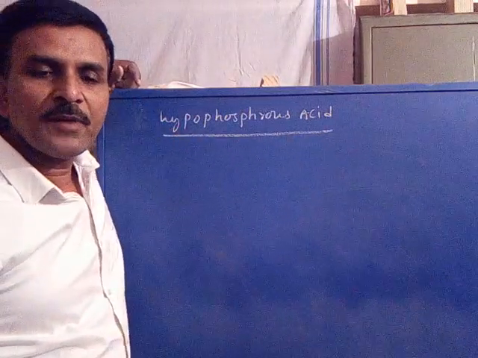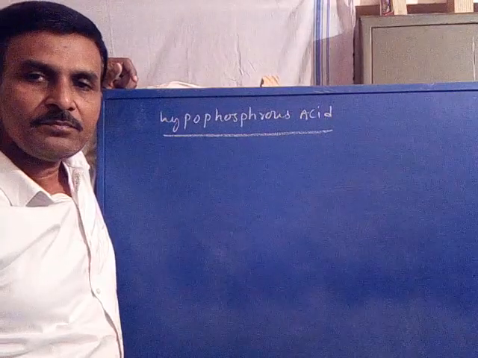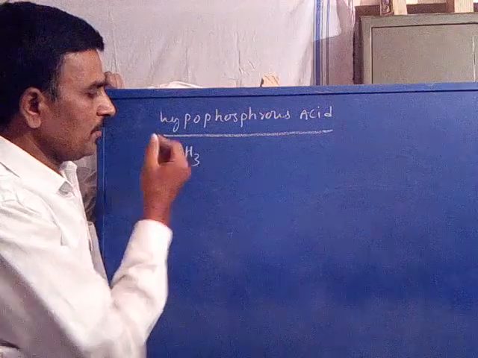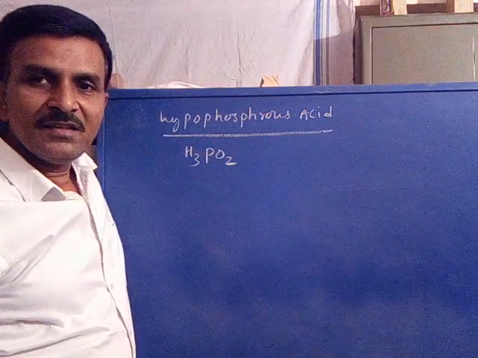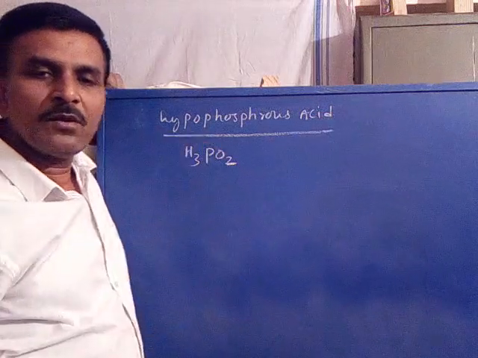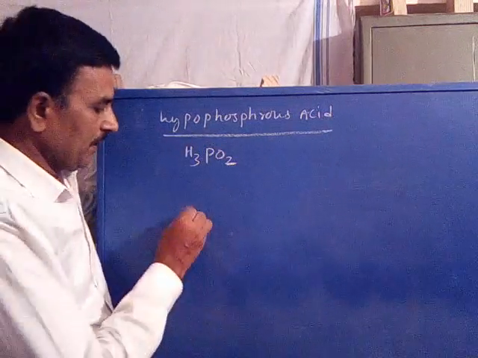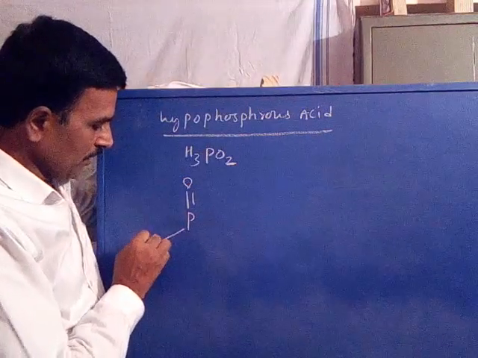The 31 phosphorus NMR spectrum for hypophosphorus acid. Are you following? Now its formula is H3PO2. Further, one oxygen is less, so it is also similar to the first two examples. It also has a tetrahedral geometry: P double bond O, OH,